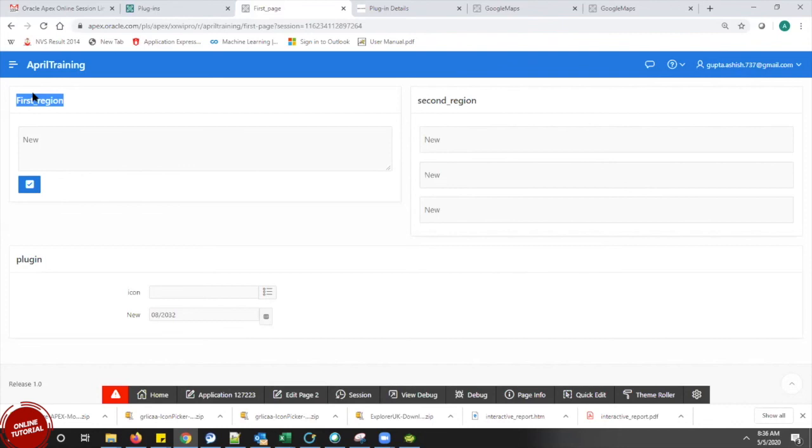Do I have to download them for each and every application, or can I have one common library for the entire company and share these plugins across my applications?